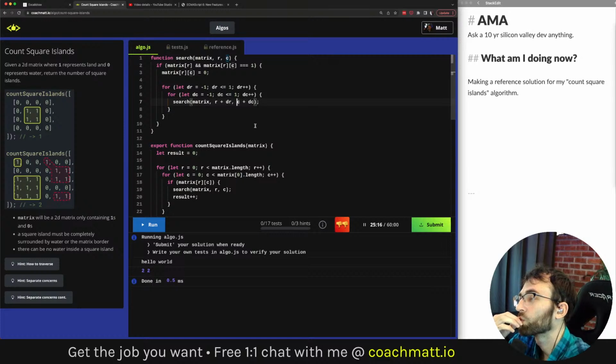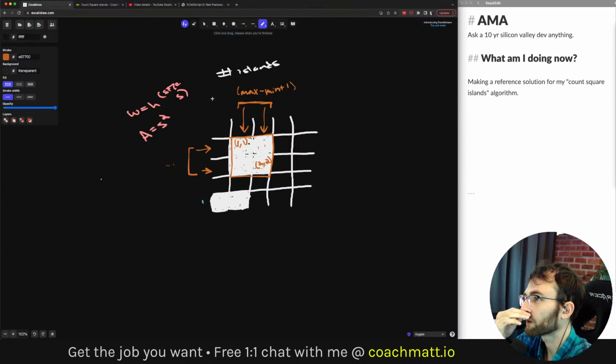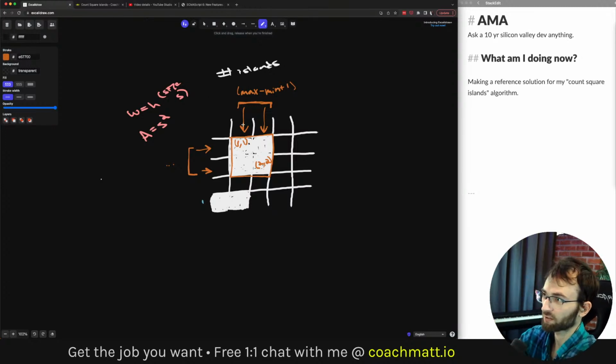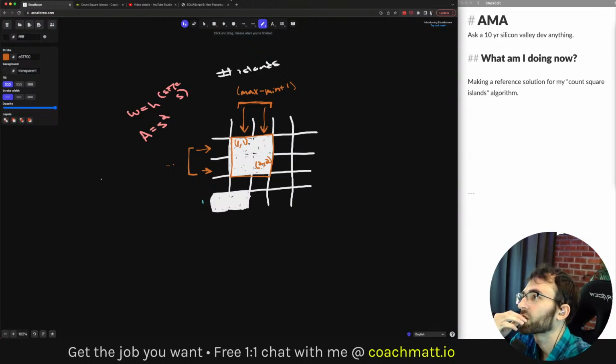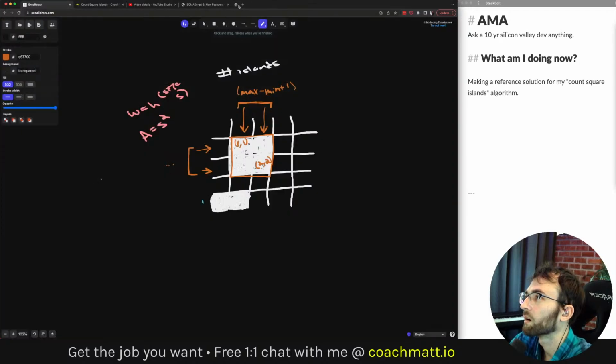So on that note, ways to help your thought process are obviously to draw pictures like this, using Excalidraw or even pen and paper. If you're using CoderPad, I lost my link, but CoderPad even has a drawing tool where you can draw. So make sure you know the tools that you're working with.